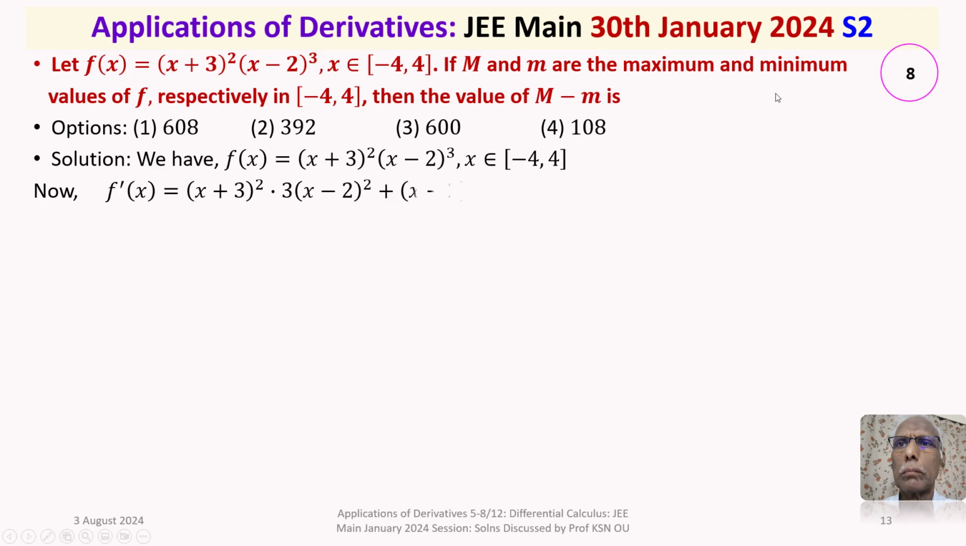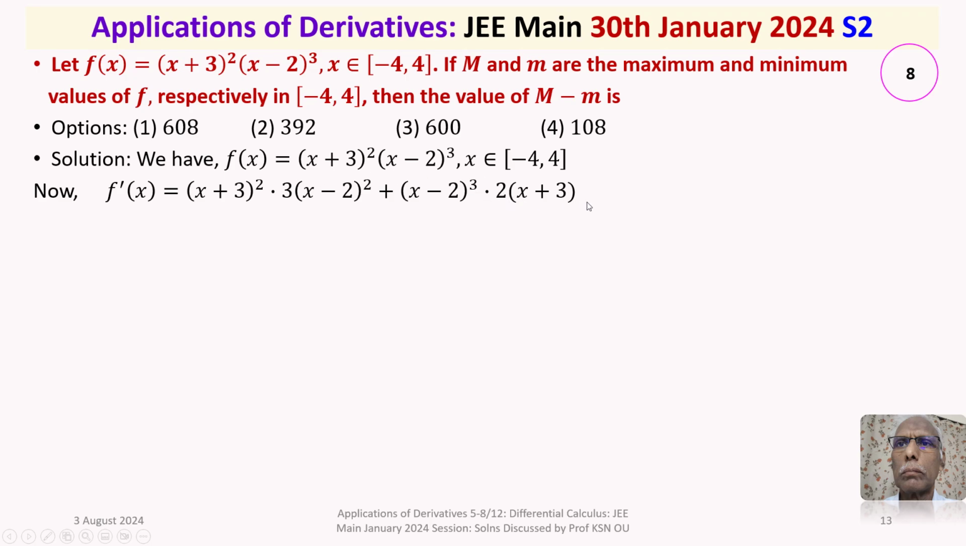To compute the maxima and minima, our first concern is to talk about the critical points. How do we get critical points? Take the first derivative and equate it to 0. So take f of x and take the first derivative. F prime x is equal to the first function (x plus 3) whole square into derivative of the second function, that is 3 into (x minus 2) whole square, plus second function (x minus 2) whole cube into the derivative of the first function, that is 2 times (x